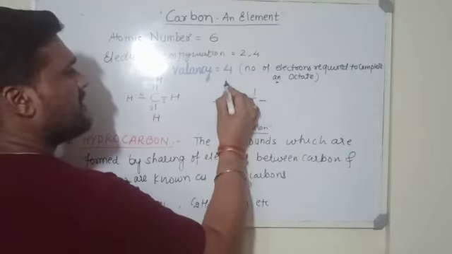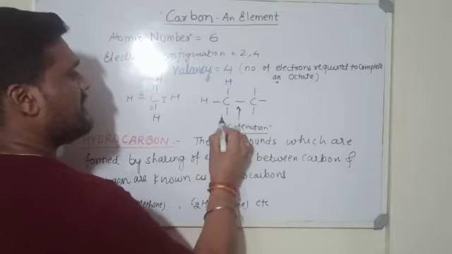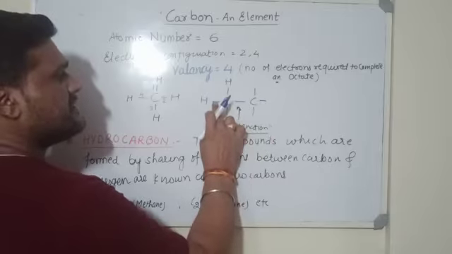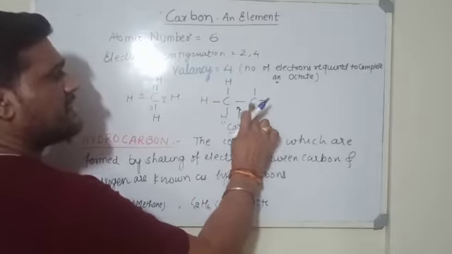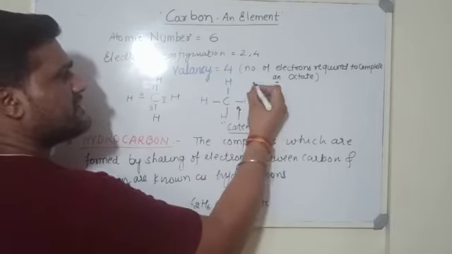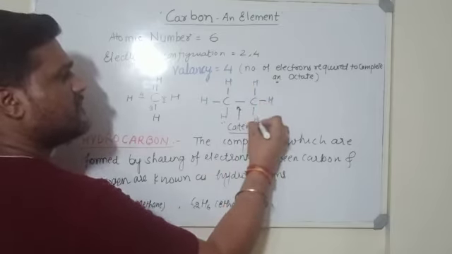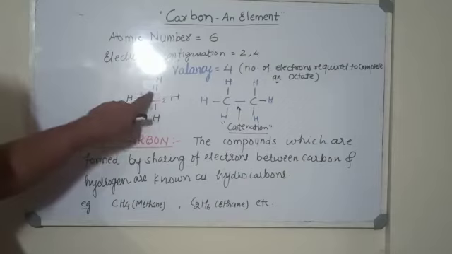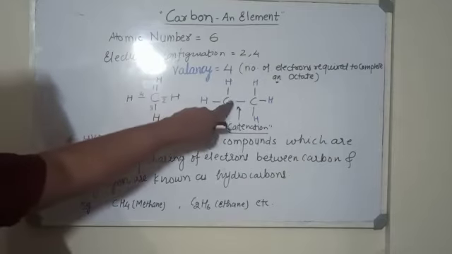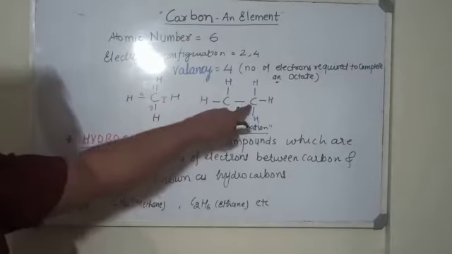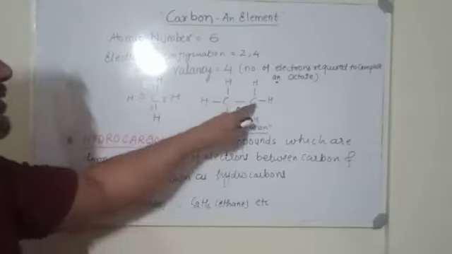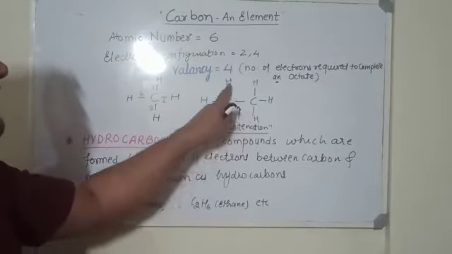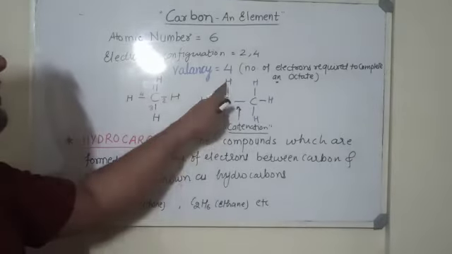The other valencies of the carbon can be filled with hydrogen as well. If we talk about this one, one valency is filled. This is first, this is second, this is third and this is fourth. Similarly, for this carbon, which are the 4 valencies? This is first, this is second, this is third and this is fourth. So if you are observing, here you can see this carbon has all valencies filled by hydrogen only, but in this case this carbon has one valency filled by the carbon. Still, both carbons have all the other valencies, apart from the carbon valency, filled by hydrogen.